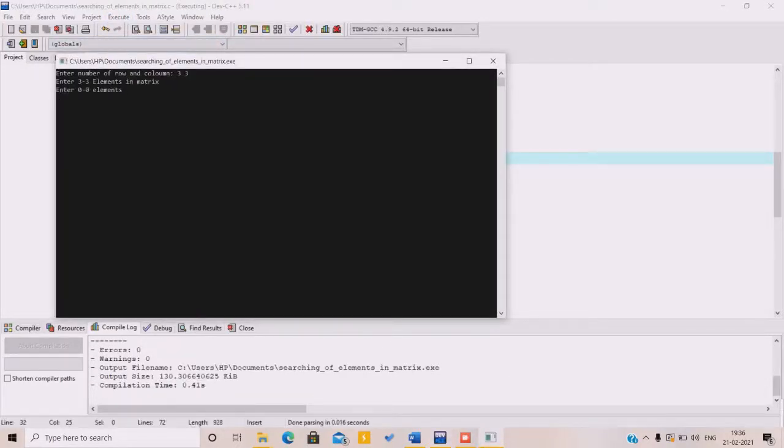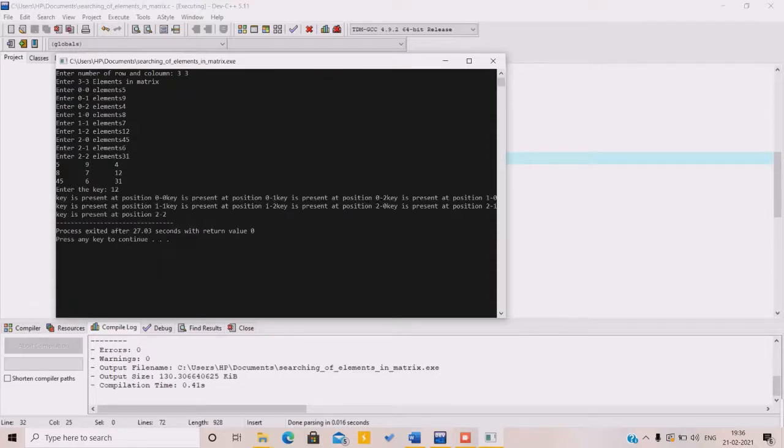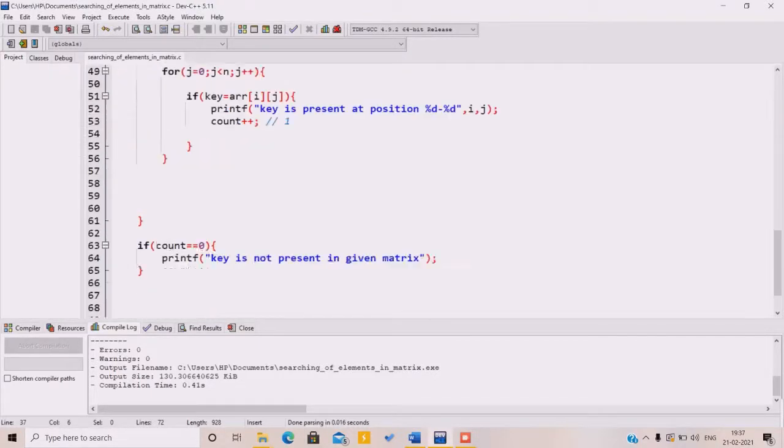Let's take elements 5 9 4 8 7 12 45, anything, 6 31. So this is a 3 by 3 matrix. And now we are going to search for 12. 12 is present in this matrix, so let's search for 12. So the key is present at 0 0 position. Something is wrong here, so we have to fix the bug.